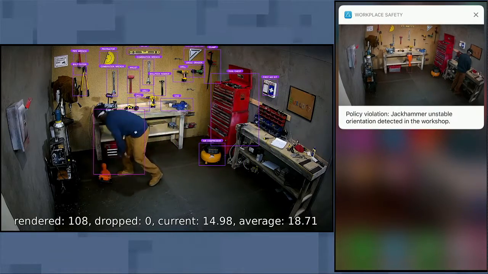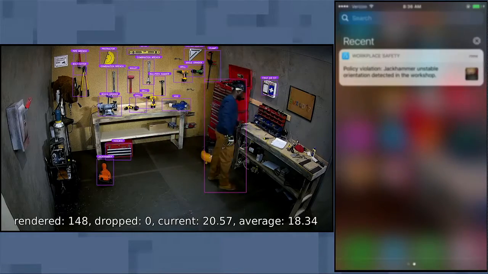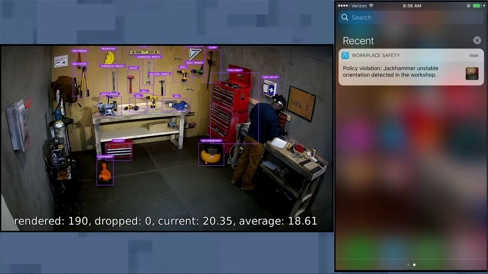The solution is running more than 27 million recognitions per second across people, objects, and activities, both in the yard and in the workshop. And we're making changes to the solution in real time in the cloud and deploying it